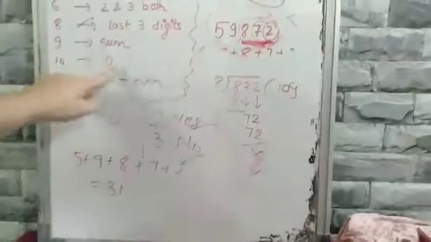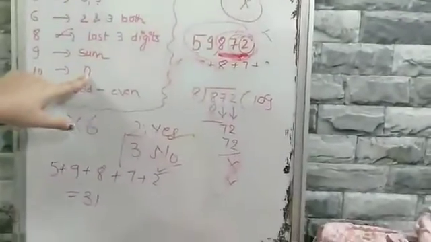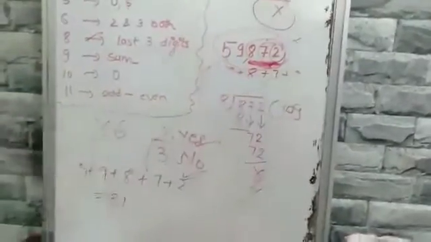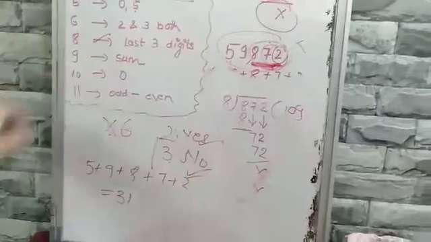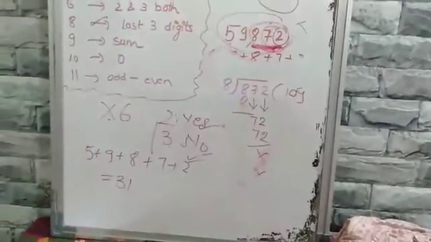For checking the divisibility of 10, again you have to look at the last digit. If the last digit is 0, that means it will be divisible by 10. Otherwise, no. Like here it is 2, that means it will not be divisible by 10. And the last is the divisibility by 11. Very important, something new for class 6th. Now what you have